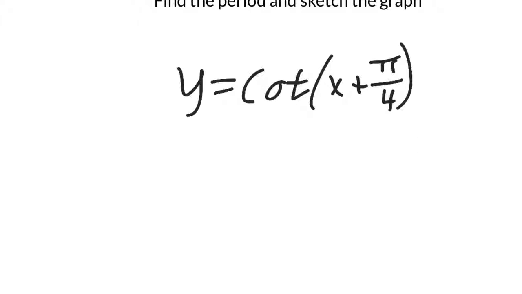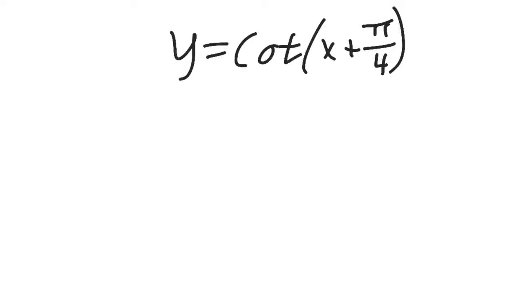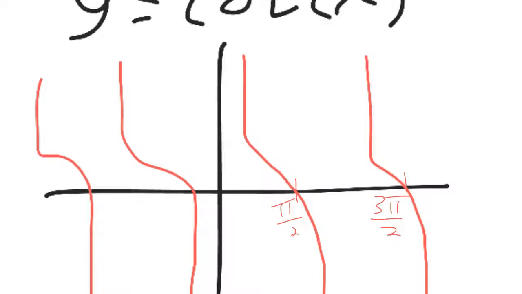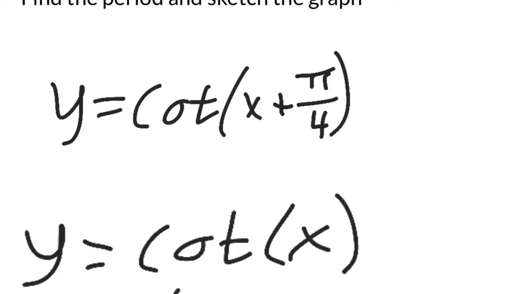So for the graph of cotangent, let's look at what cotangent looks like before we added a pi over 4 to it. Cotangent of x looks like this. So the graph of cotangent crosses at pi over 2, at 3 pi over 2, etc., etc. So we want to keep that in mind because